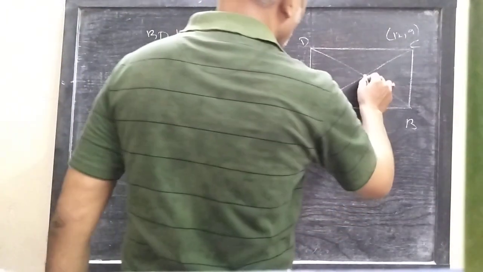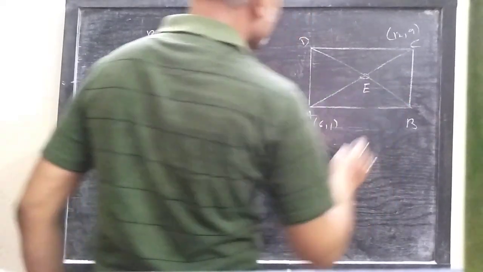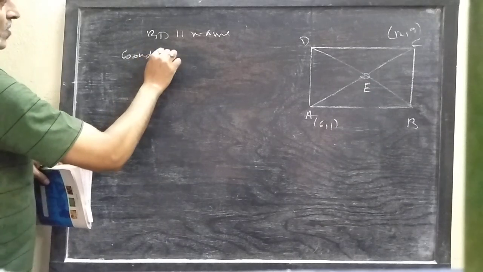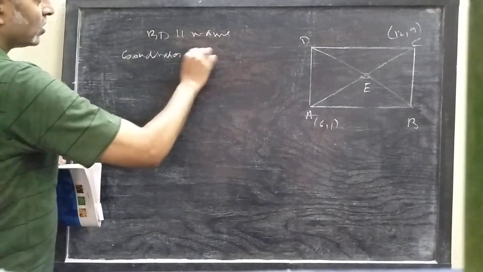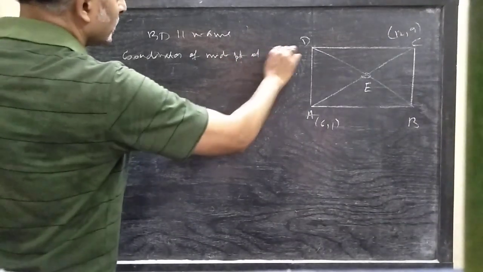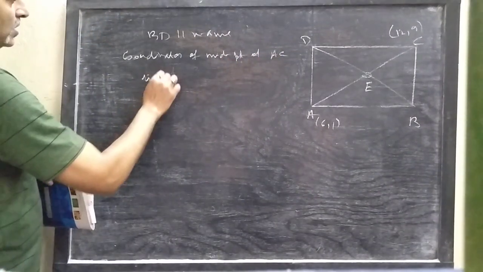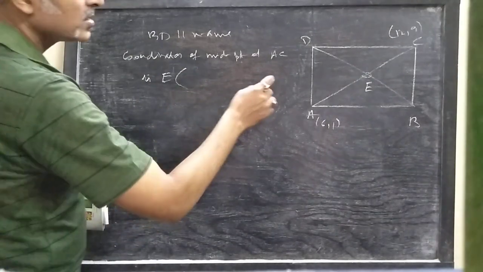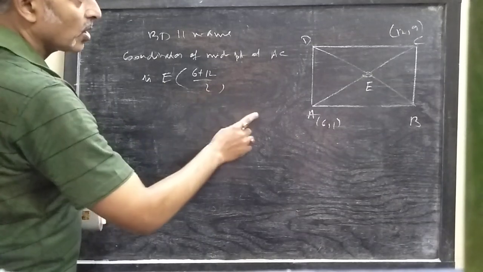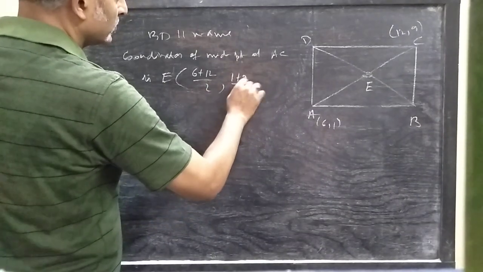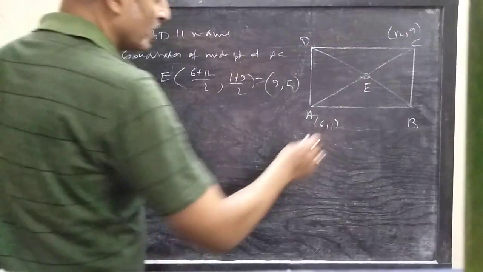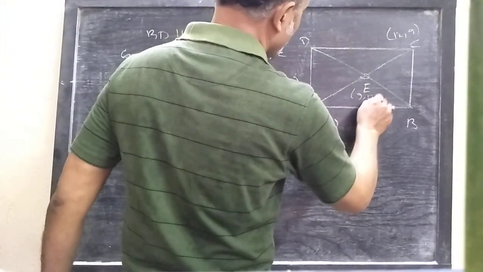Now find the midpoint of AC. Say this is E. Coordinates of the midpoint of AC, capital E, will be ((6 + 12)/2, (1 + 9)/2). So this becomes actually (9, 5). E becomes (9, 5). Now look,